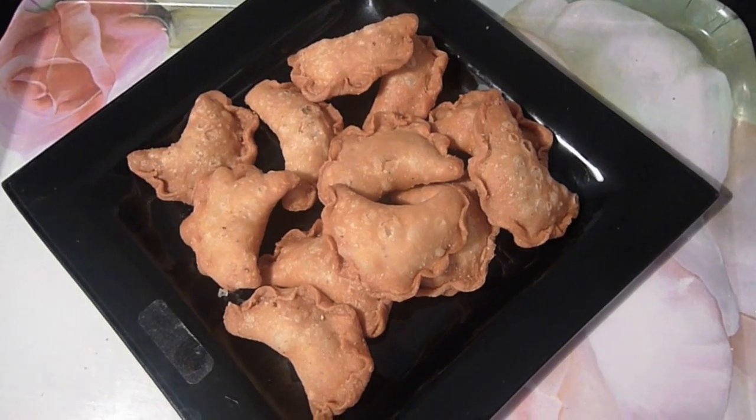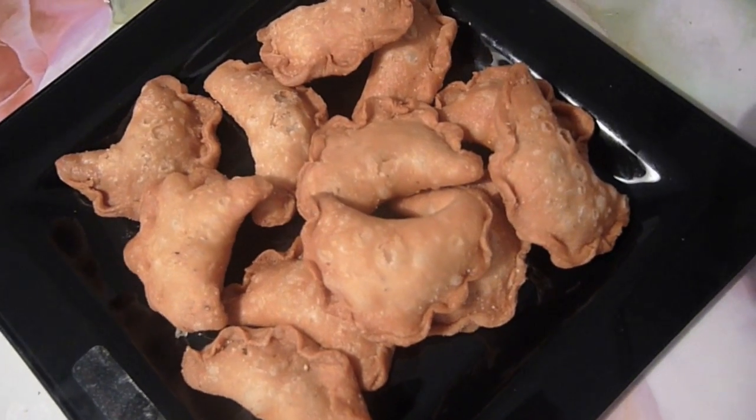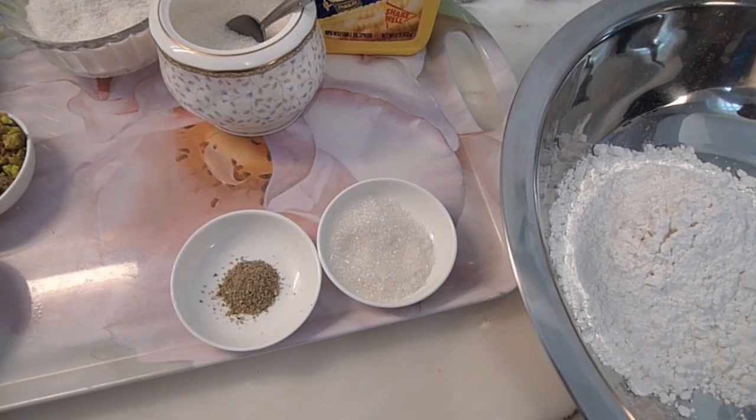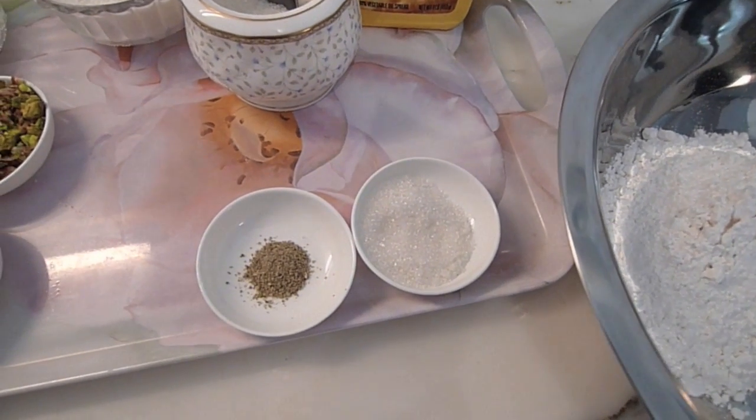Recipe for canola or gujia. For the dough you will need 1 cup of plain flour, 1 tablespoon of sugar, and half a teaspoon of